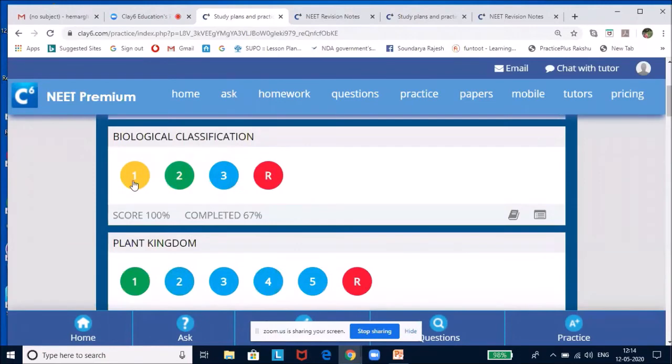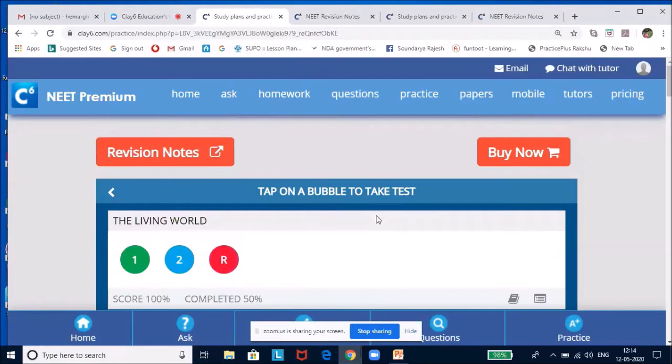Now, if it is a yellow bubble, it means you have started the test and not completed it. It might be because after doing two or three questions, you felt that you were not adequately prepared and want to revisit the test later. You might have discontinued the test, or lost connectivity due to technical issues. Whatever it is, you can still come and complete the test and see your scores. We will be doing this again at the end, when I take you to the test.